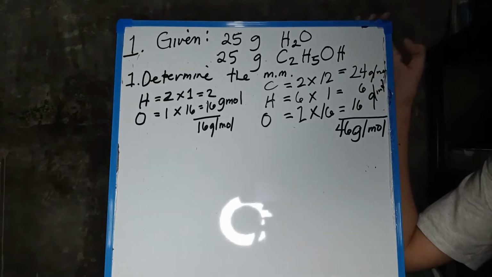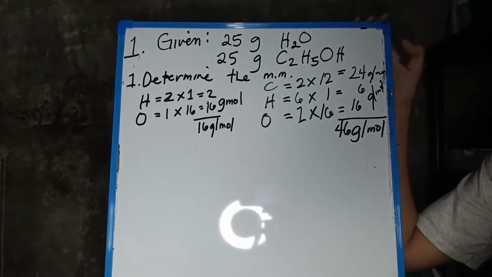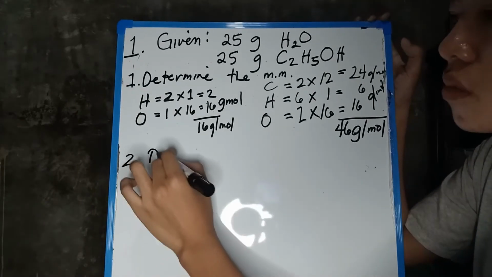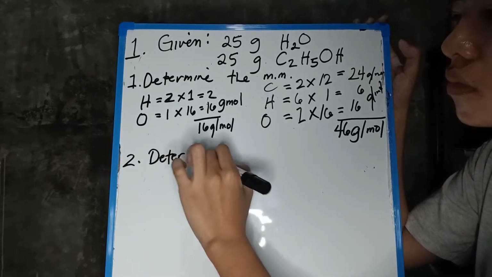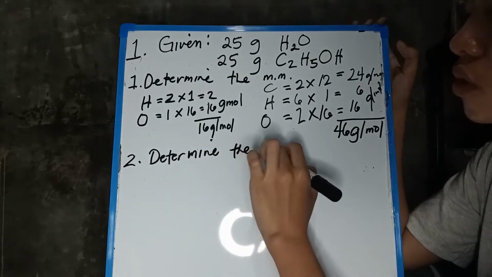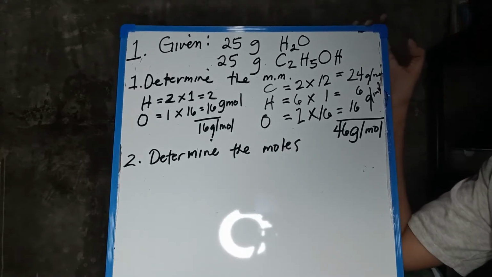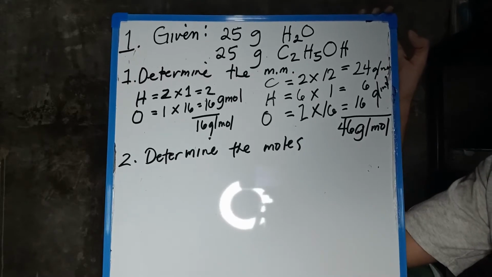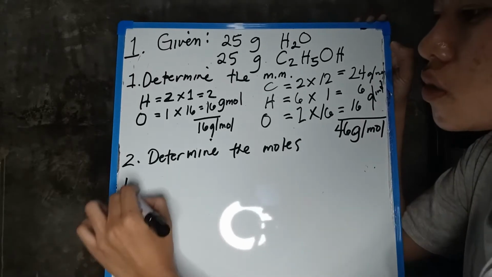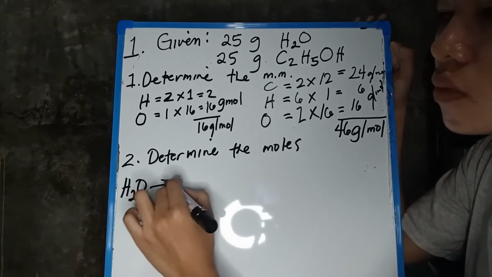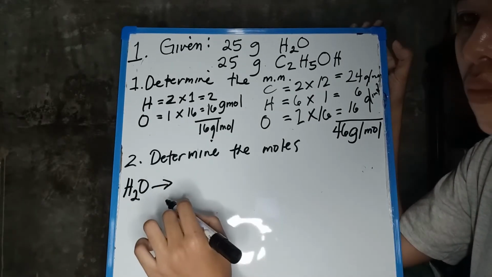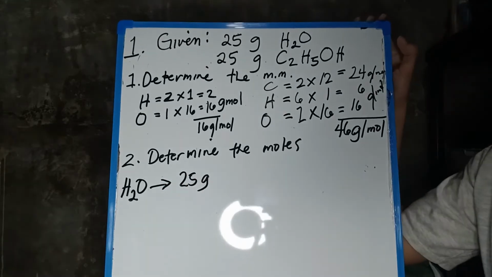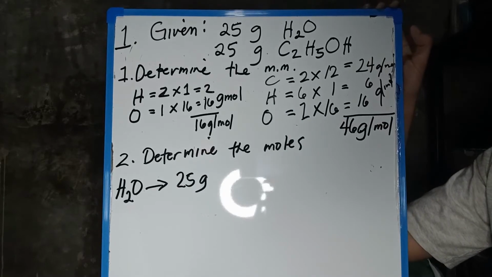Next, we're going to determine the mole of each substance. So this is our second step: determine the moles. We're going to get the moles of water and also the moles of ethanol. First, we're going to get the mole of water, H2O. Since 25 grams is given in the problem,